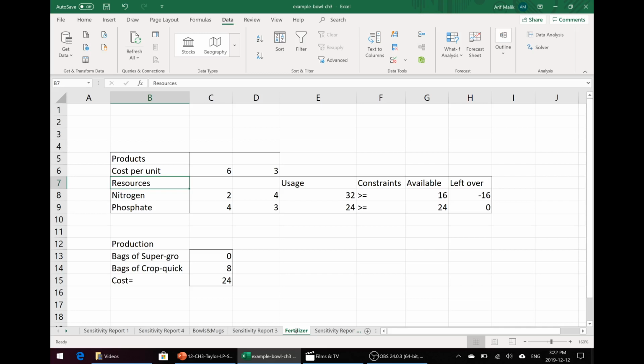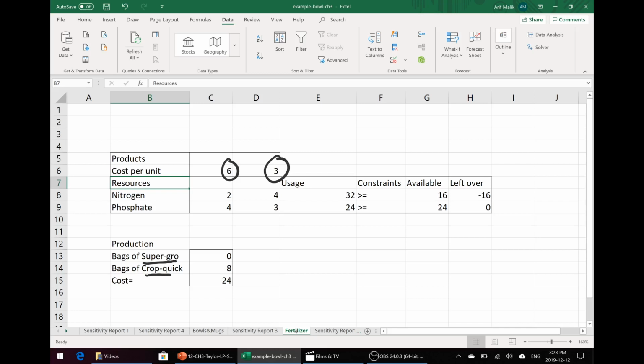earlier in chapter 2. We had 2 fertilizers, Supergrow and CropQuick. One bag of Supergrow is $6, and one bag of CropQuick is $3. All right, and we already actually have a solution here. The 2 resources were what we want to put as a nutrient in the land where we are putting these